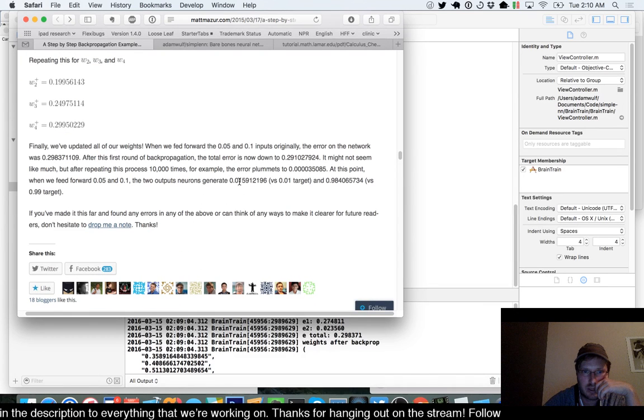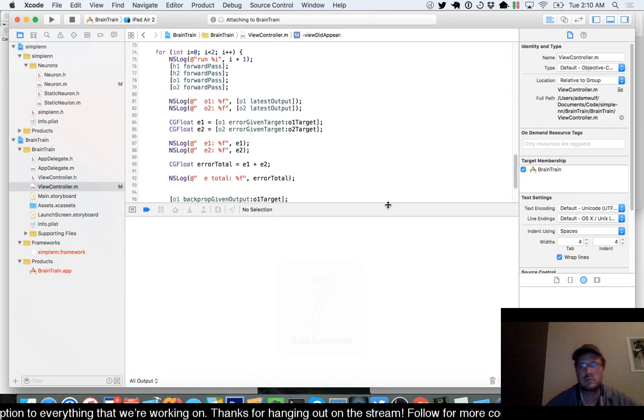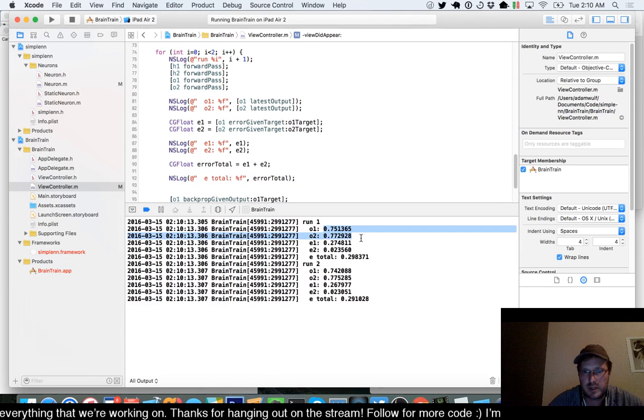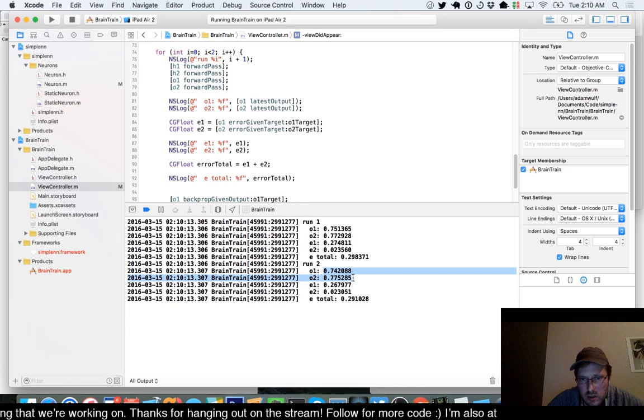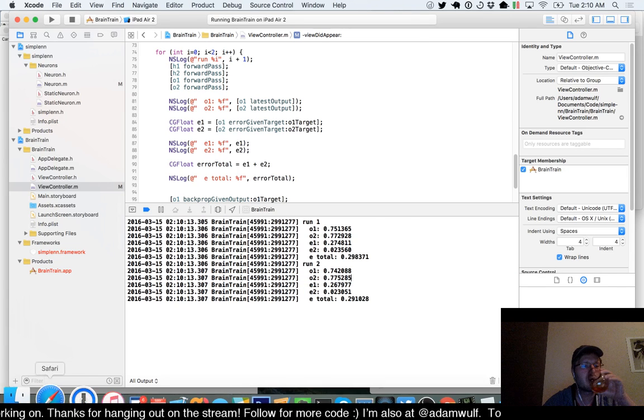Our forward propagation, we should get this guy and this guy, right? That's what we're looking for. So it's going to run 1. Our output is here. And our run 2 is just as bad. We didn't do it. A little bit better, but